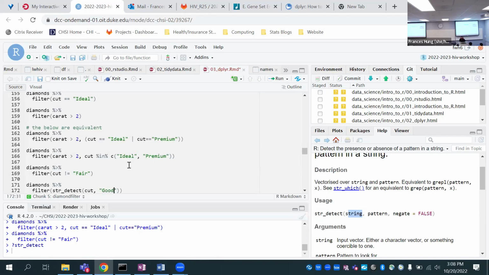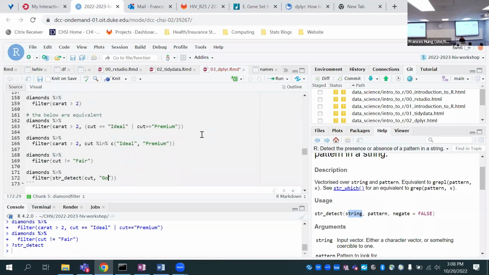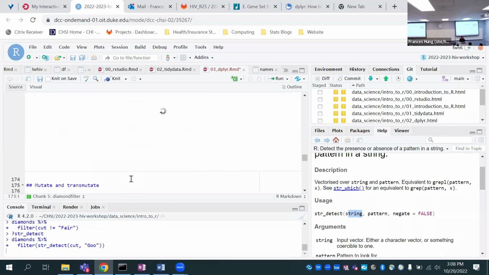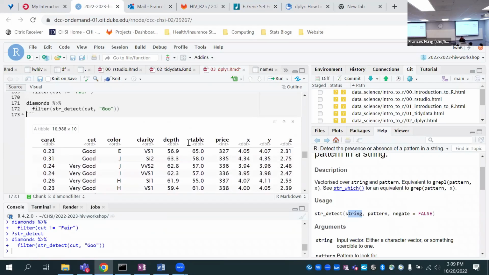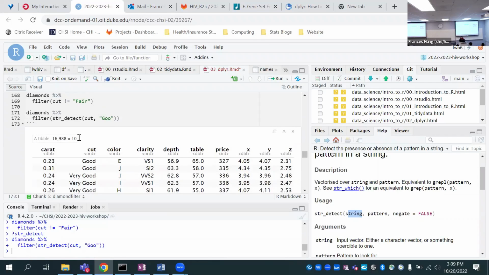You can just put, I think G, it should work for GO. So here we're looking for, in the column cut, whether anything has GOO. And we're just going to keep the observations that follow that.